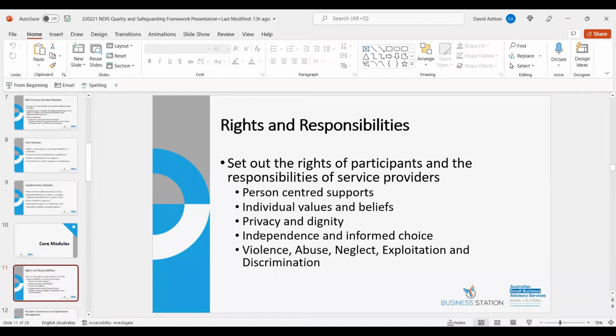The other thing that they also have a right to is an advocate. So there are advocacy services that people with disability can access. They might be having issues with you as a provider. They might be having issues with the NDIS service or any other agency. They have a right to access an advocate to assist them to work through those concerns that they may have, and you need to provide that information to them.